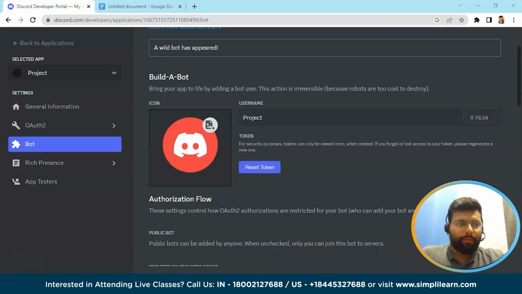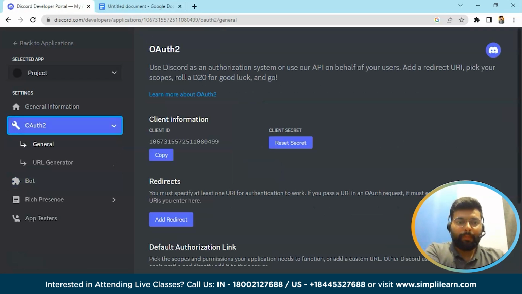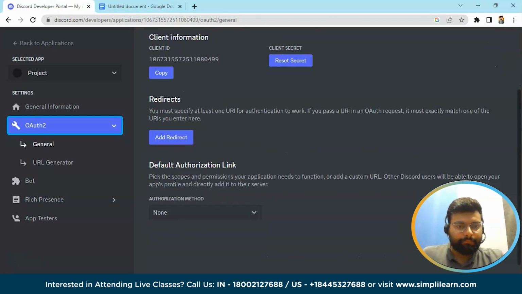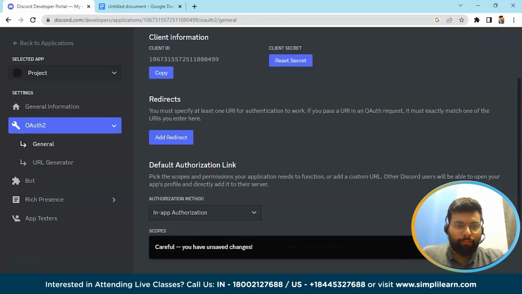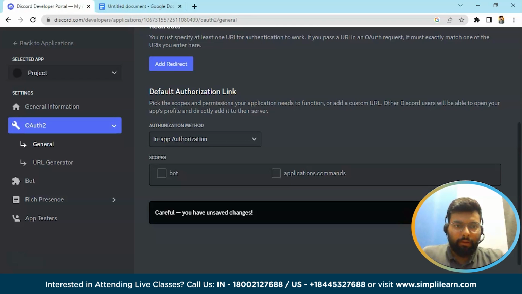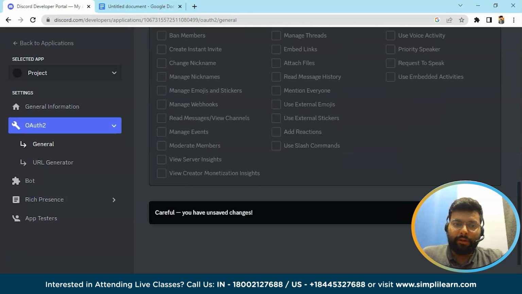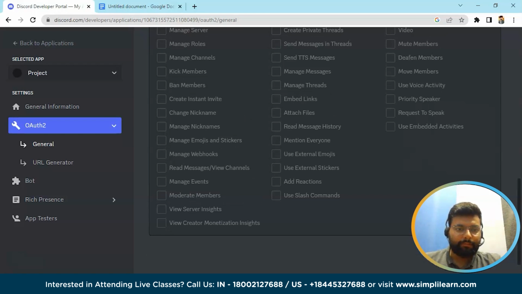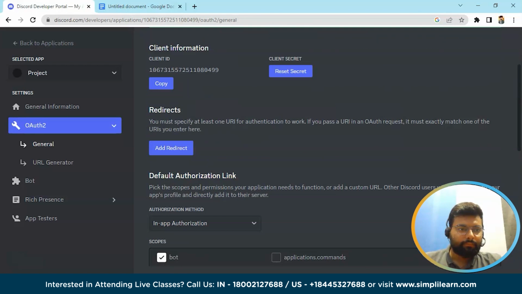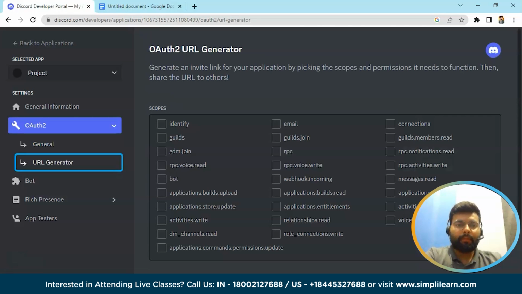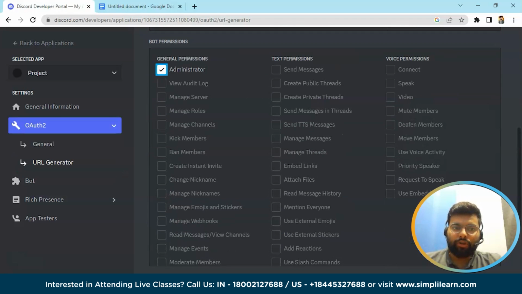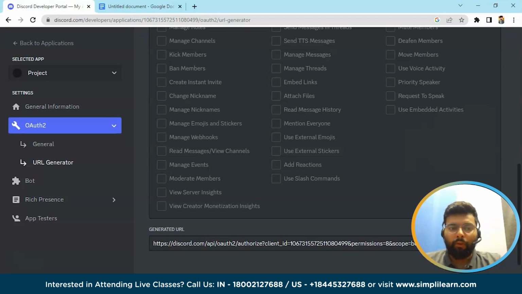And before giving the bot permissions, we'll go to the authorization tool, and here we'll select in-app authorization, and we'll select the scope as bot and give the permissions, add administrator permissions. And here we'll save the change, and in the URL generator we will select the scope as bot, and the bot permissions will set it as administrator, and we'll copy this URL